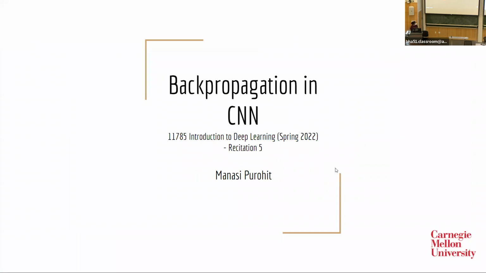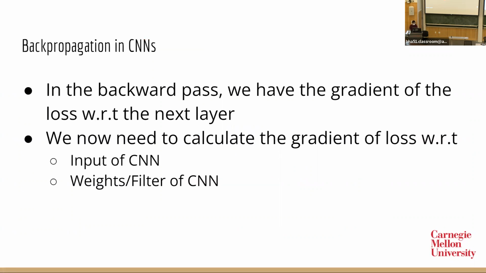All right. So we are going to talk about how to do back propagation in CNN. Aparajit had explained in detail about how the forward propagation happens. We will look at how the back propagation works. So in order to do back propagation, we must have seen